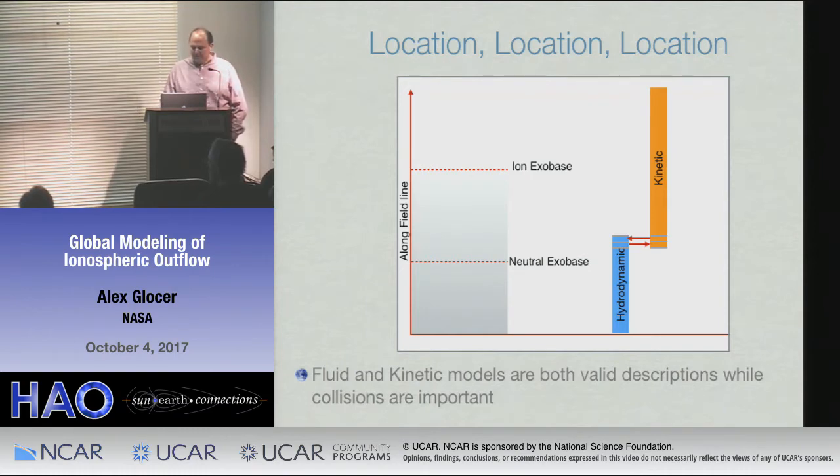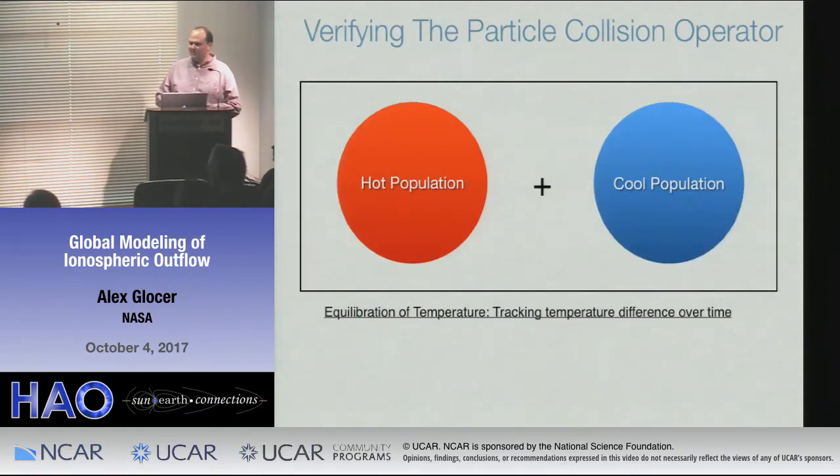So, as I pointed out a couple of times, including collisions in the kinetic model is very, very important if you want to handle this nice two-way exchange between those model descriptions. So I think it's very useful to verify that the collision operator is implemented correctly. I just want to show you one example of model verification that I've done with this code. This is a very standard test problem. It's the equilibration of temperature. And the basic idea is that you